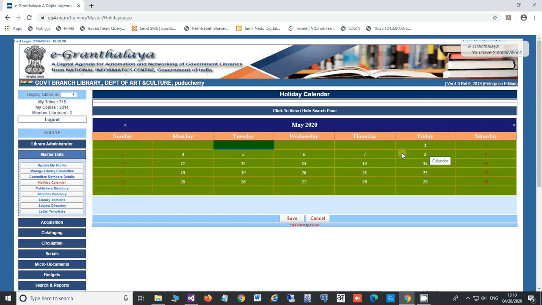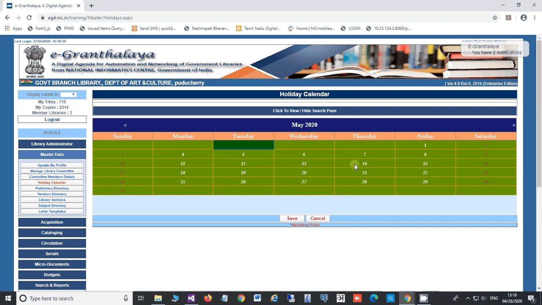These dates will be saved in the database, and whenever any book is returned and a fine exists, the system will check the holidays and will not calculate the fine on the particular days which you have saved as holidays.